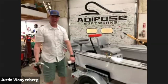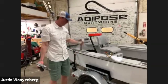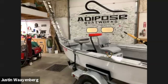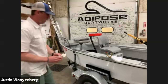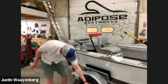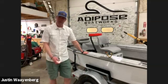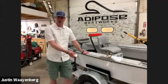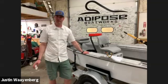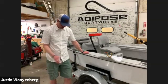kind of your indicator. If you're maintaining your trailer, boat, all of it, and keeping everything clean, if one day I get to a boat ramp or I'm on my way home from a trip and I look down and see a bunch of grease around my wheel, then I immediately know something's gone wrong. But if I never clean that stuff and there's constantly grease there, then what do I know? It's just more grease. So keeping that clean